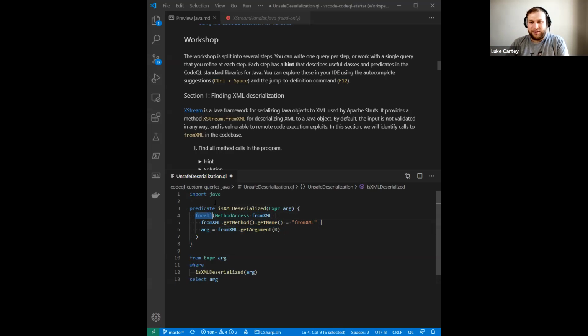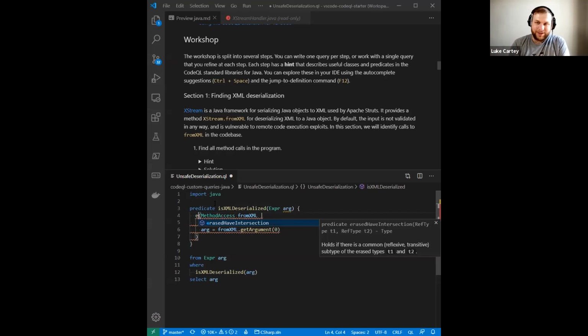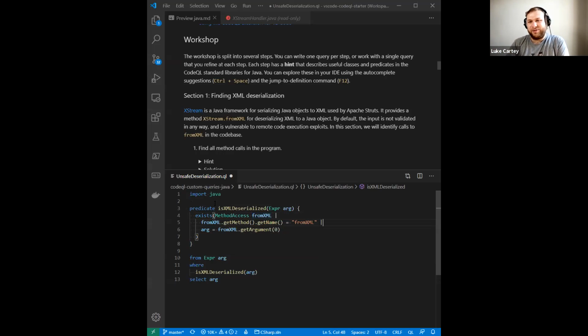Now in this case that doesn't particularly make sense, but the exists syntax that uses a bar is there because the forall syntax requires the bar. And in actual fact, for exists, this is entirely equivalent